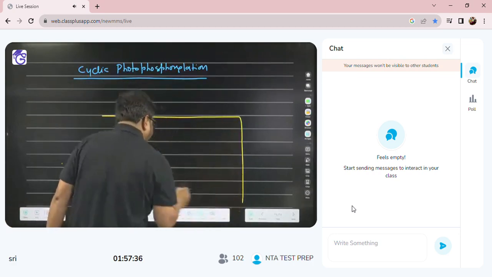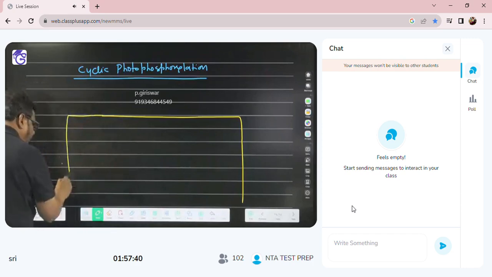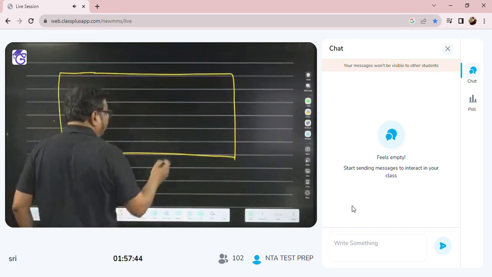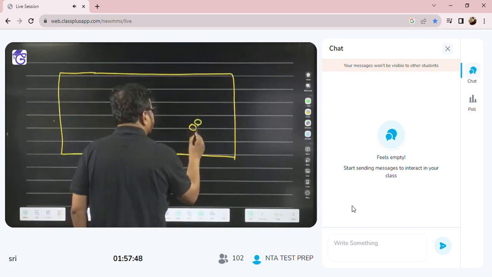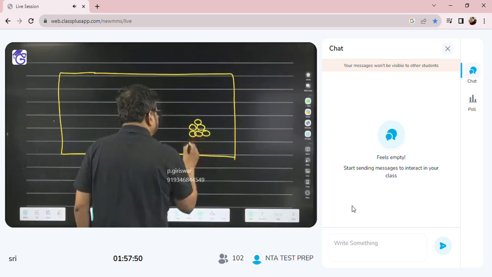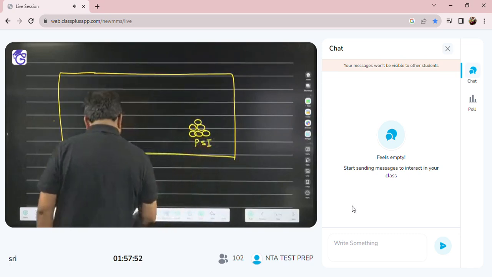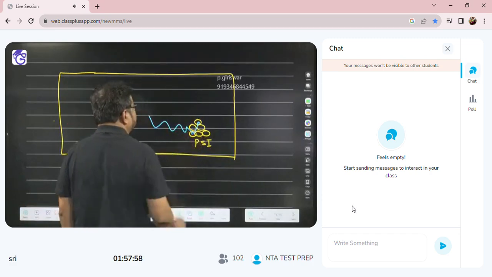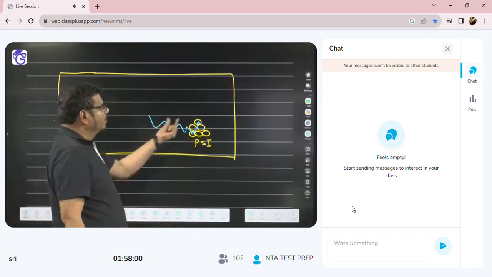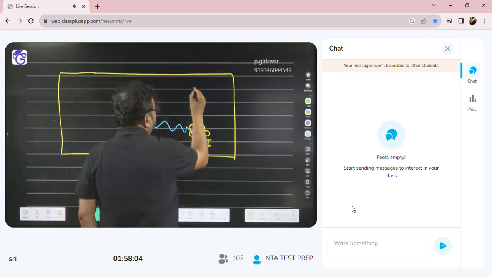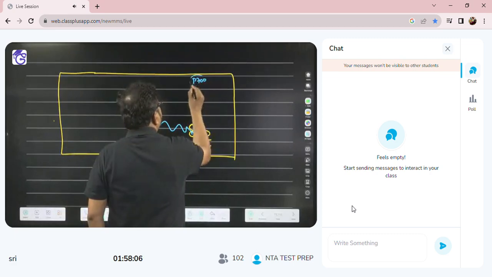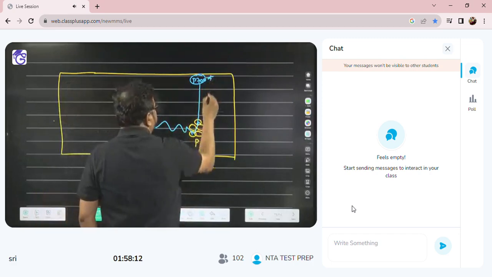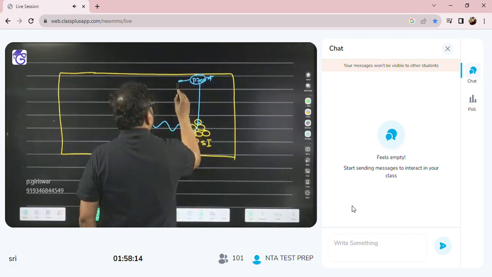I am just drawing here the thylakoid membrane. Same thing, same story. And here there is only one photosystem, PS1, because in cyclic, who is involved only? PS1. Now they absorb the light and transfer the energy to which one? The reaction center. Of course, the reaction center also absorbs red light. P700 becomes excited, because in the reaction center P700 is there. This is the excited state and this is the ground state.